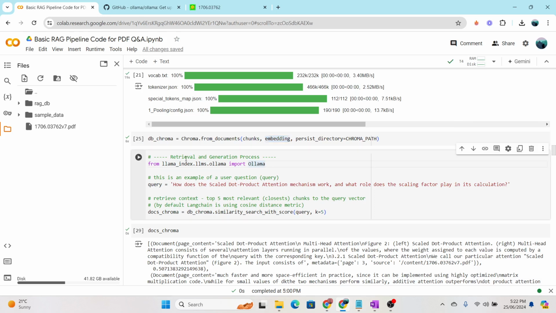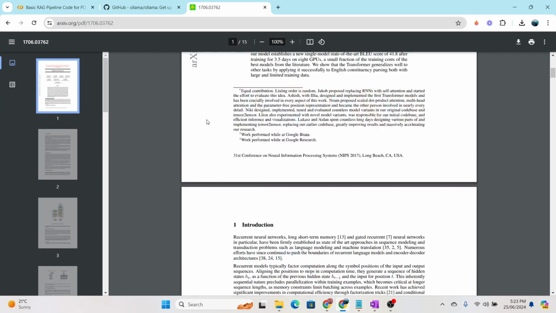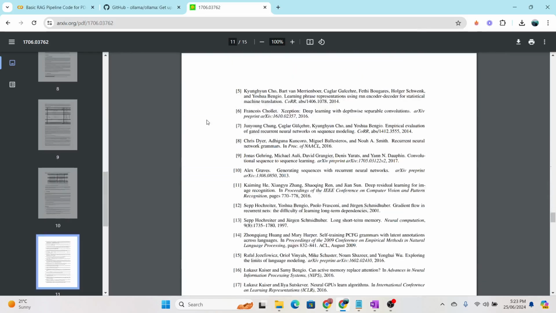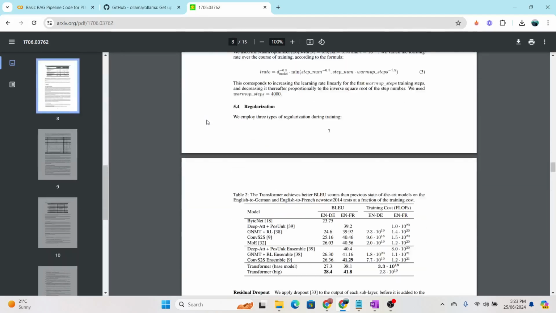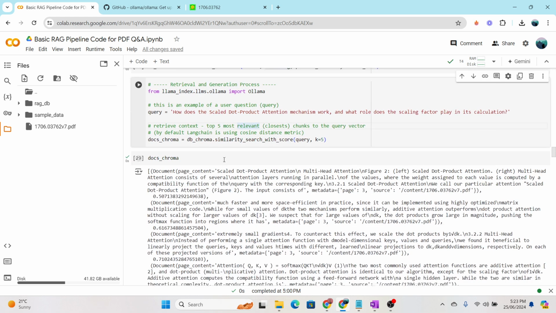And then for the retrieval and generation process, I have used llama_index.llms.ollama, import Ollama, and this is our question. For example, the user asked this question. So I just took a random question from this particular paper. You can go through this paper. It's a pretty, I can say, amazing paper. So the query is: how does the scaled dot product attention mechanism work, and what role does the scaling factor play in its calculation? So this is our query,